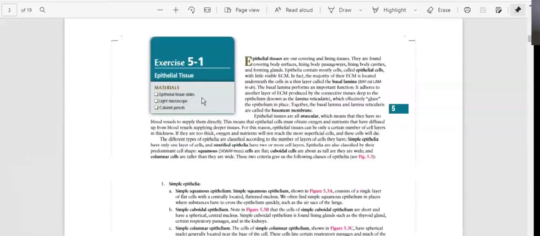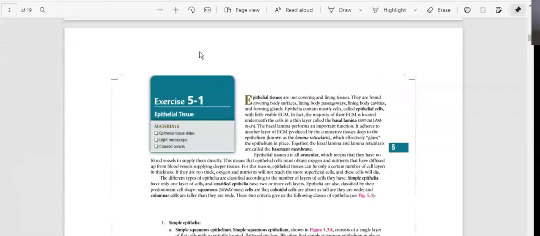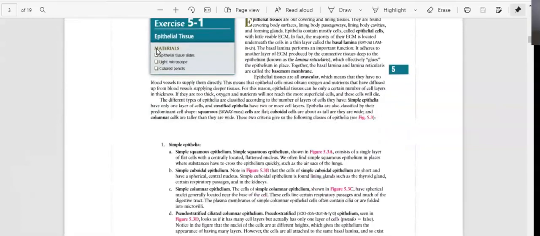So right here we have epithelial tissue. So that's what it is right here, epithelial tissue. So when we talk about epithelial tissue, we have different cells and different layers. So we have in here simple. What does simple mean? One layer, right? So therefore we are going to have simple squamous, simple cuboidal, simple columnar, right? That's simple, right? That means one layer of flat cells, one layer of cube cells, and one layer of columnar